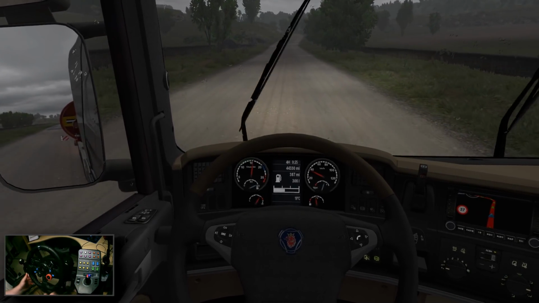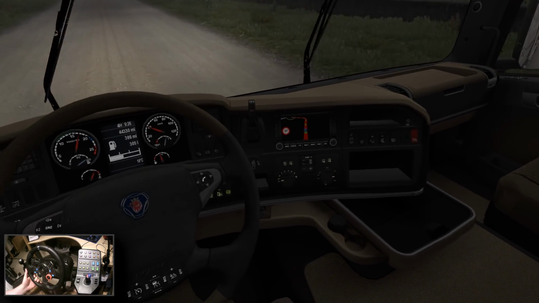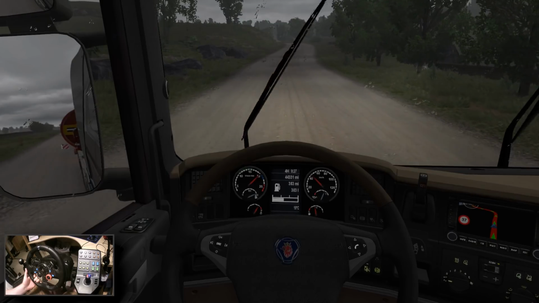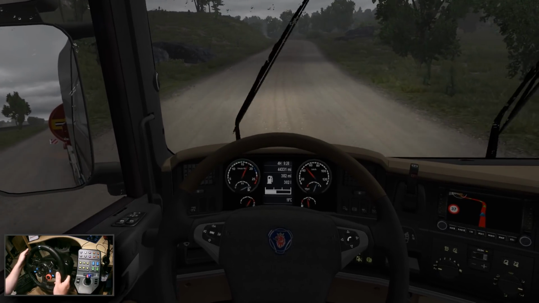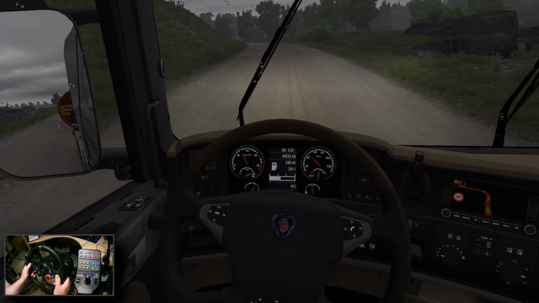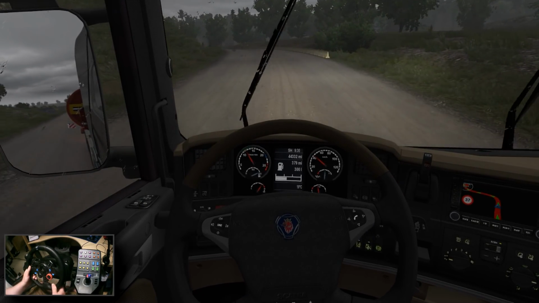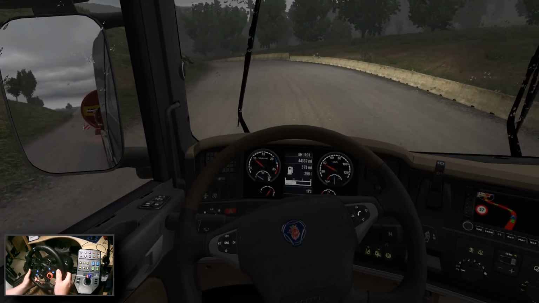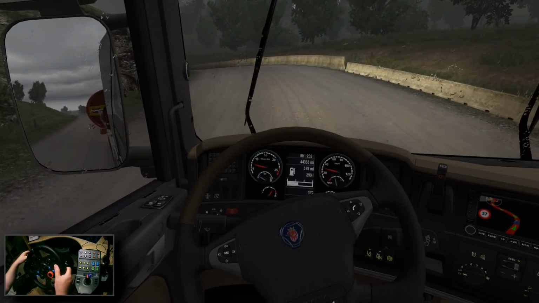So this is it then. This is the home stretch, I think, just up the top of the hill here. I shouldn't expect to see any other vehicles coming in the opposite direction. Just keep the momentum going and then park her up. Sounds easy really, doesn't it? But I don't have a retarder, so...